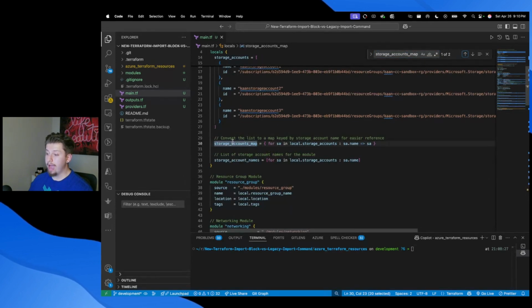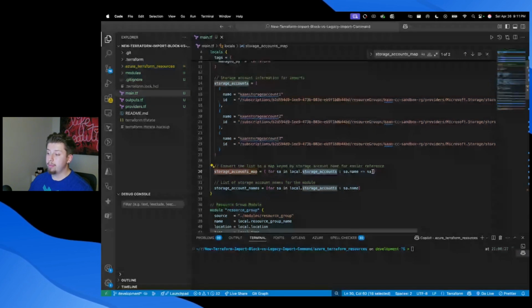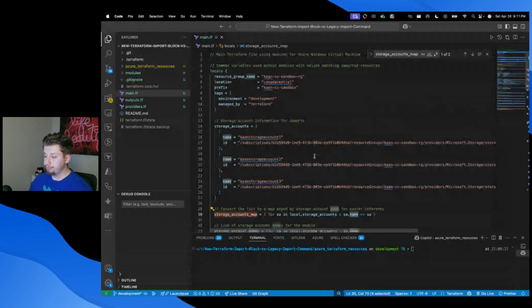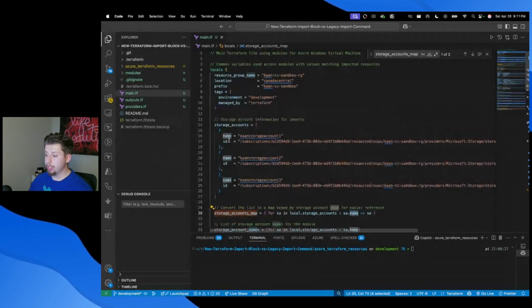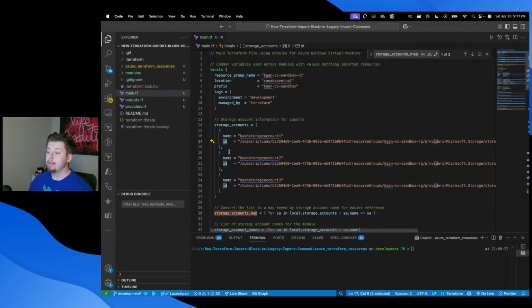Right here we have the convert list to a map key to by storage account for easier reference. So we say for storage account in local storage accounts, take the name and map it to the storage account, which is basically here we have storage accounts local variable, which has the name for each storage account with the IDs, right? The reason we're doing this, we want to loop through these storage accounts and import them into the